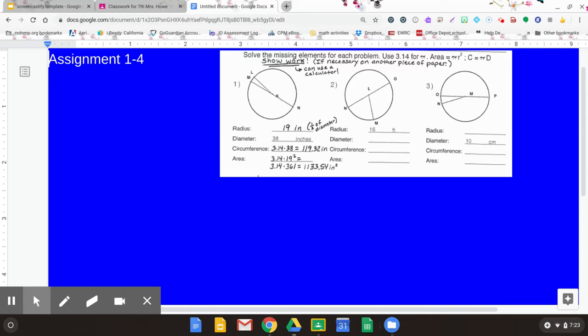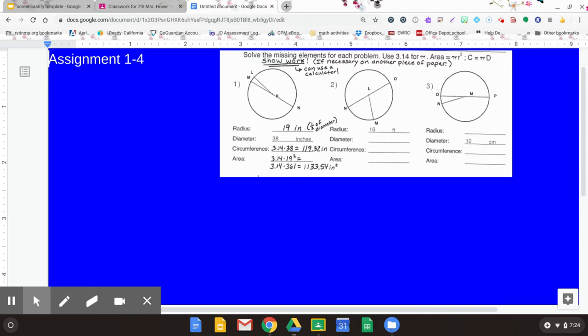You need to remember that the radius is the distance from the center of the circle to the outer edge. And so in problem number 1, you see that line L extends from the center of the circle to the outer edge. That is the radius. And you need to remember that the diameter is a straight line that passes from one edge of the circle to the other and passes through the center point. So it divides the circle into two